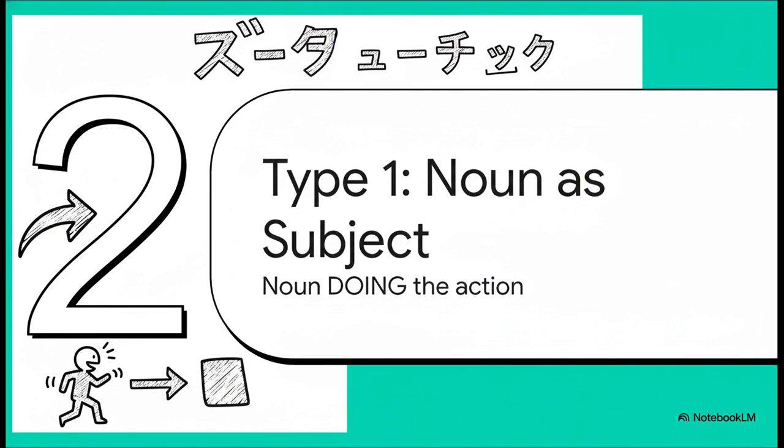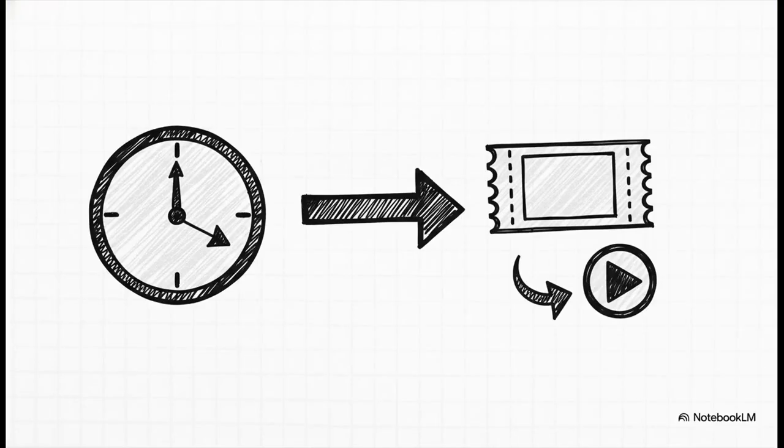Okay, so this blueprint works in two main ways. The first pattern we're going to look at is when the noun we're describing is the one that's actually doing the action in our little descriptive sentence. It's the subject of that modifying part. Okay, let's build one out. Our noun is the movie, eiga, and the action we want to attach to it is that it starts at 7 o'clock, or 7時に始まる. So think about it. What starts at 7? The movie does. The noun is doing the action, so we just combine them and we get 7時に始まる映画, the movie that starts at